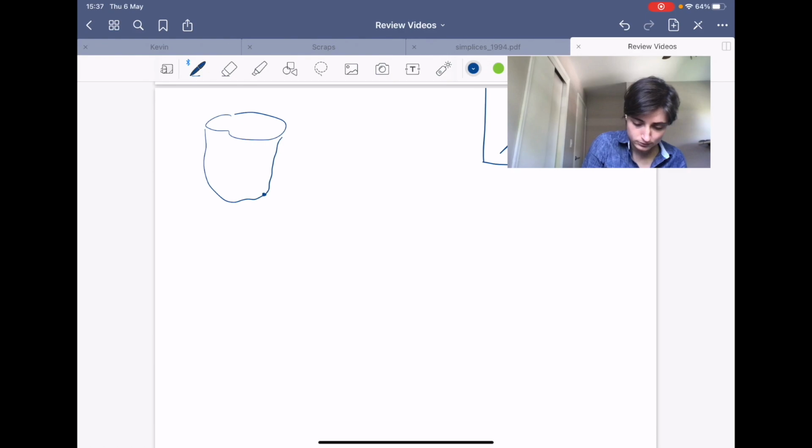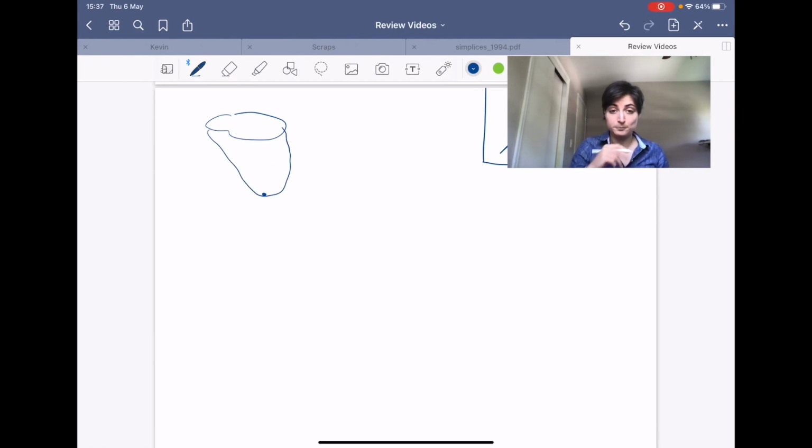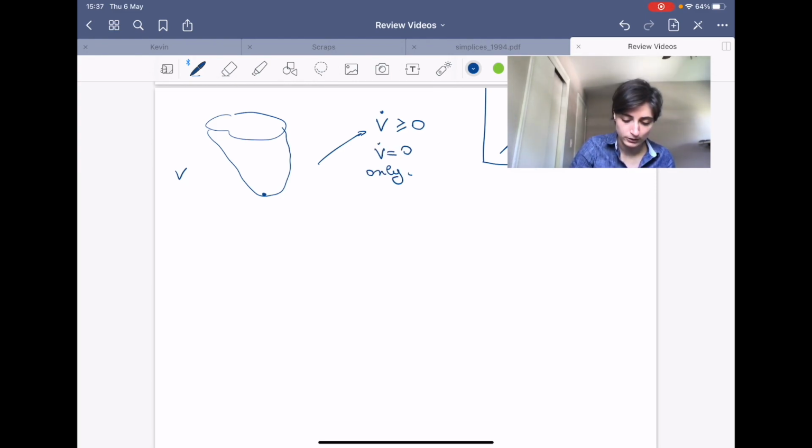This is also not great. That looks like this. So our critical point is at the bottom of a ball. We can have two possible situations. So this is v. If we know that v dot is positive or equal to 0 at all points, and in particular v dot is equal to 0 only at the critical point,